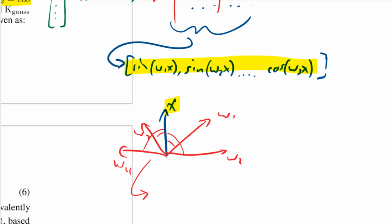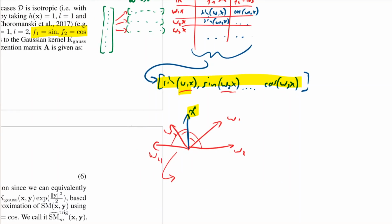As soon as I have two vectors that are not collinear in two-dimensional space, I can, if I project x onto both of them, already have x fully represented, right? There's no need to have more of them. However, if you are in super duper high dimensional space, and you don't have as many features, then you get some interesting approximation properties. Namely,